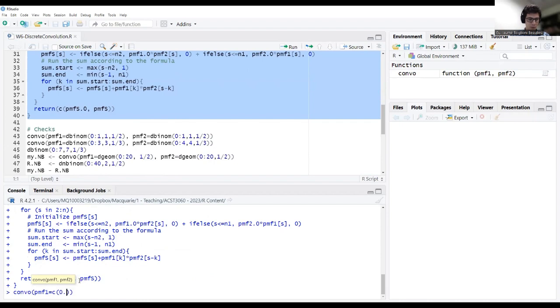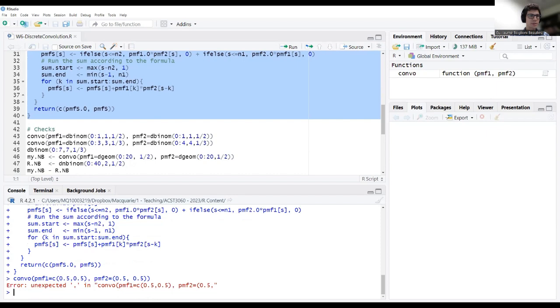So the probability to be 0 is 50%, and the probability to be 1 is 50% as well. PMF2 is again the probabilities that X2 takes the values 0 and 1, with 50% for 0 and 50% for 1. You know that the sum of two Bernoullis should give you a binomial with two trials and 50% probability of success. So you know those probabilities should be,